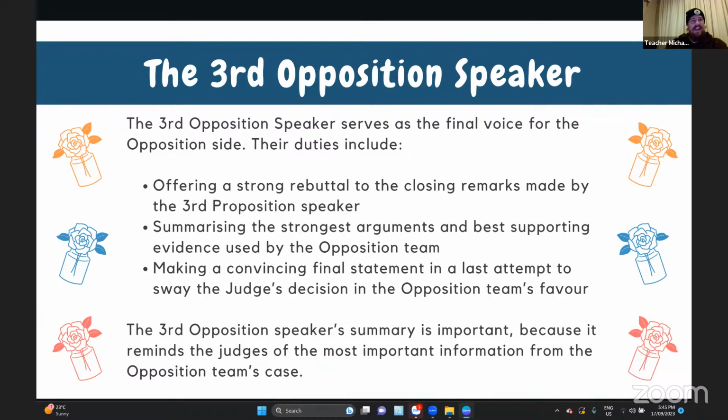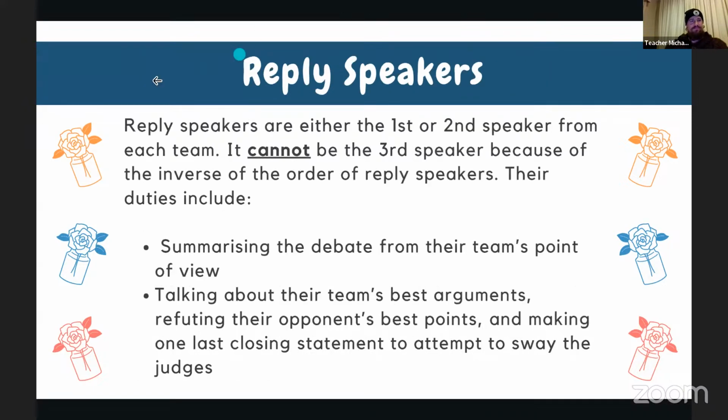We've now reached the end of the substantive portion of the debate. Now, the only thing left are the reply speeches. So the reply speakers are either the first or the second speaker from each team. It cannot be the third speaker because of the inverse order of the reply speakers. So what that means is that during the substantive part of the debate, we've gone proposition, opposition,